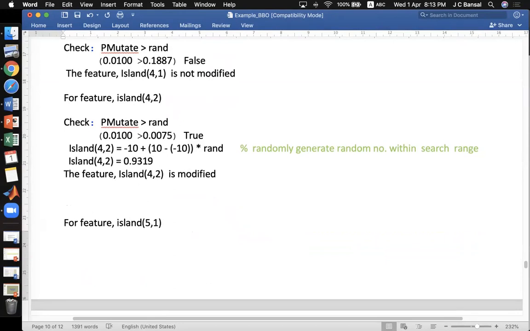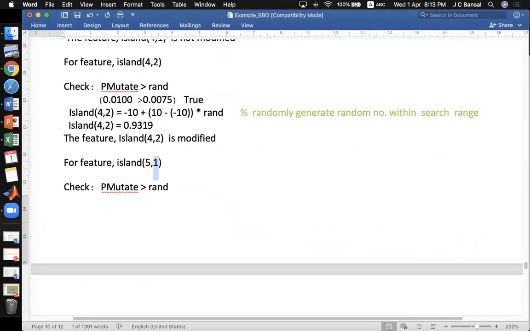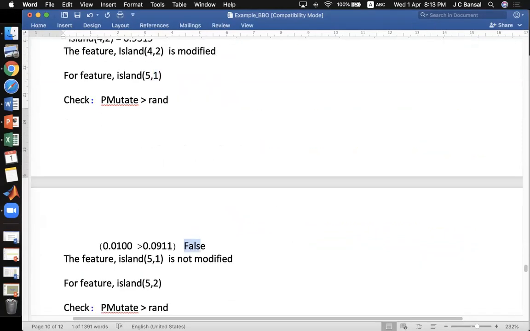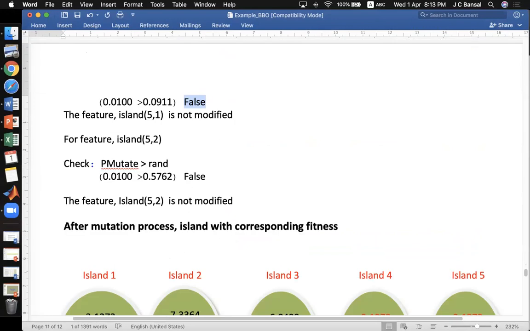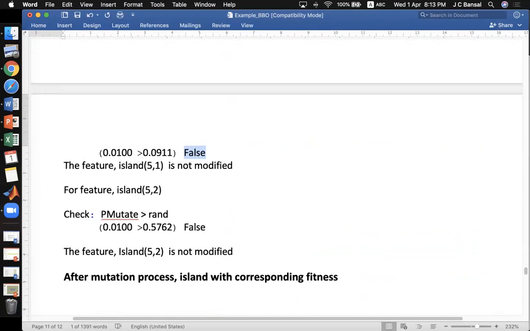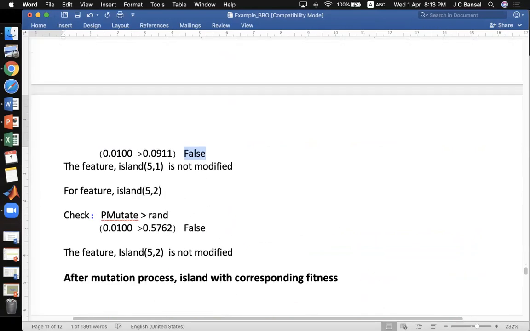Now we'll do the same process for the fifth island's first feature, and let us check whether it is true or false. So it will not take part in the mutation. Look, this mutation does not depend upon the fitness of the solution. Whether it is a low HSI island or high HSI island, it will not depend upon the fitness.